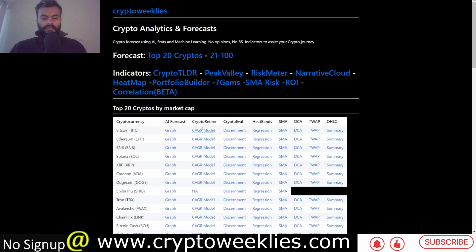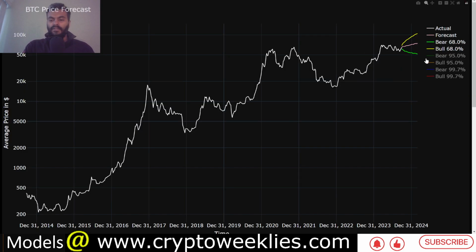So again, this is not a machine learning based forecast, but regression-based analysis. On the other hand, if you were to focus attention on the machine learning model, utilizing training data since 2014, it comes up with a base case, bull case and bear case for Bitcoin at the same 70% confidence level. The base case for Bitcoin, now that we are potentially ending September and starting the week ending October 6th, is between 66k and about 71k. That's the base case, if there aren't any major bullish or bearish catalysts. That's the likely price action.